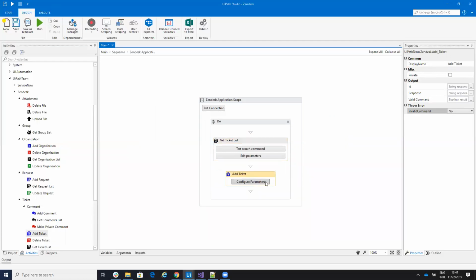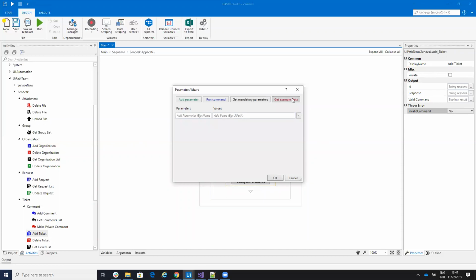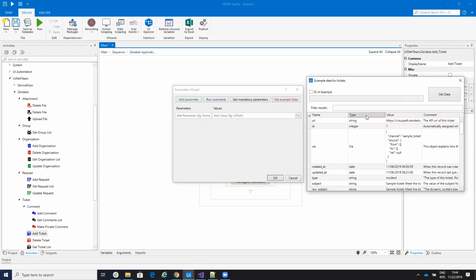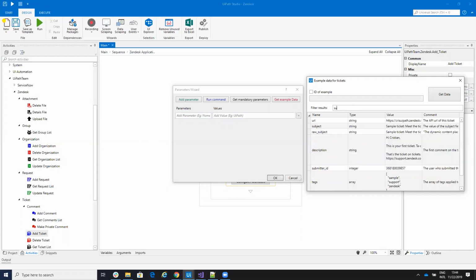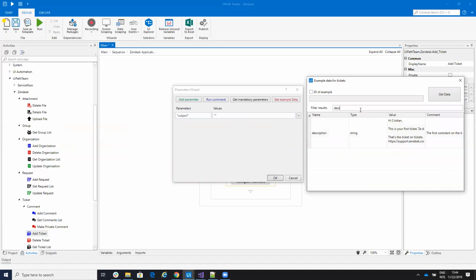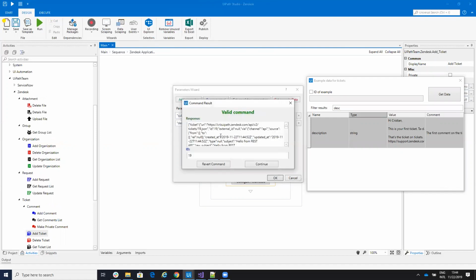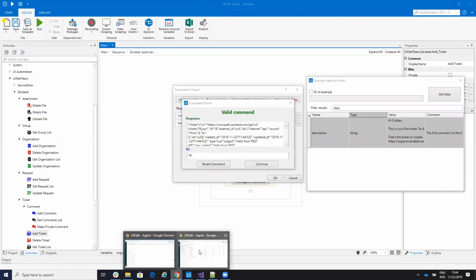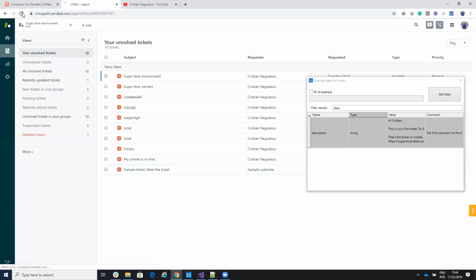If you want to add a ticket, the system is very similar to what you see in Salesforce and ServiceNow. You have an example, and for example, let's add the comments, and let's add the description. Subject: Hello from REST API. And description. If I run the command from UiPath Studio, I'm able to see that I have a valid command. And if I go to my instance,